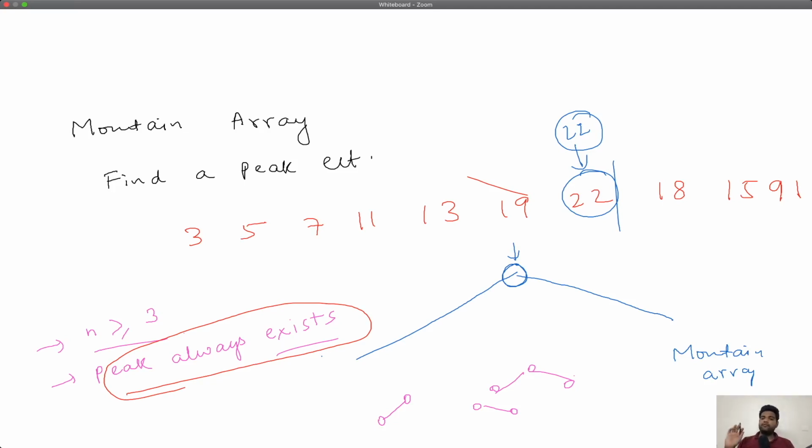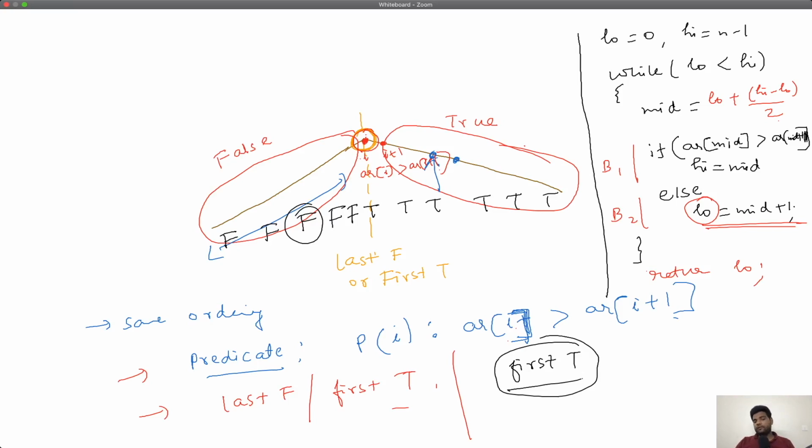And to approach this, we were just using the same ideas that we discussed, that the peak has to be the last step for the first T, which means roughly around the peak, you need the sign of the polarity of the predicate to change. F's before and T's after. So if you want F's before and T's after, you need a way to distinguish the first half from the second half. You can do easily, because you can see that the second half is decreasing, the first half is increasing. So if you use a property of a decreasing function, it will be false for the first half. So we use that property, which is